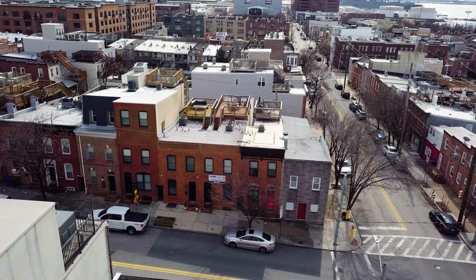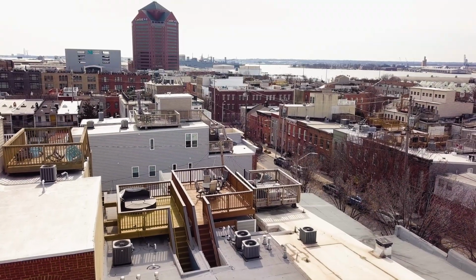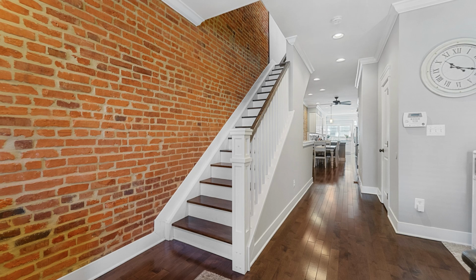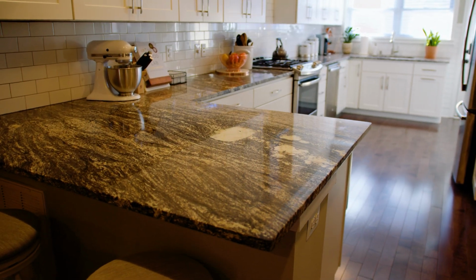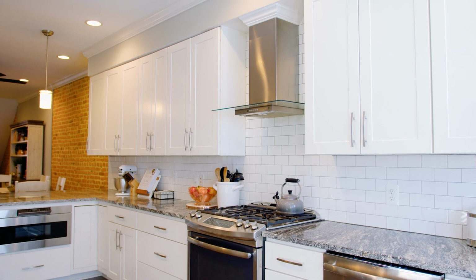We are so excited to present 3405 O'Donnell Street, right in the heart of Canton. This beautiful home was built 6 years ago by Building Character, one of the city's premier custom home renovators. You still have 4 years on the CHAP tax credit, and the next owner of this home will enjoy 5